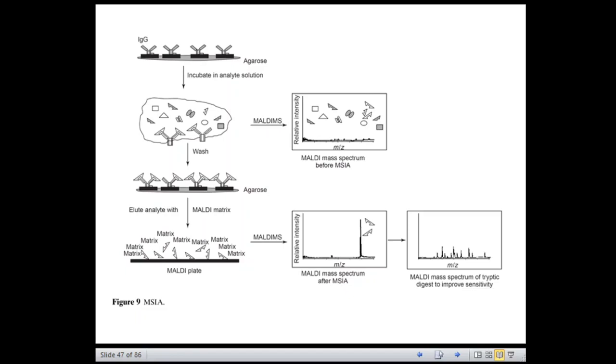So one such technique that is used to isolate the analyte is the MSIA, that is mass spectrometric immunoassay. So this relies on the affinity capture of the analyte from the biological fluid or the matrix prior to mass spectrometric analysis. So this method not only pre-concentrates the analyte, but it also provides for the most selective form of analyte isolation, making this an extremely powerful technique for screening the biological fluids.